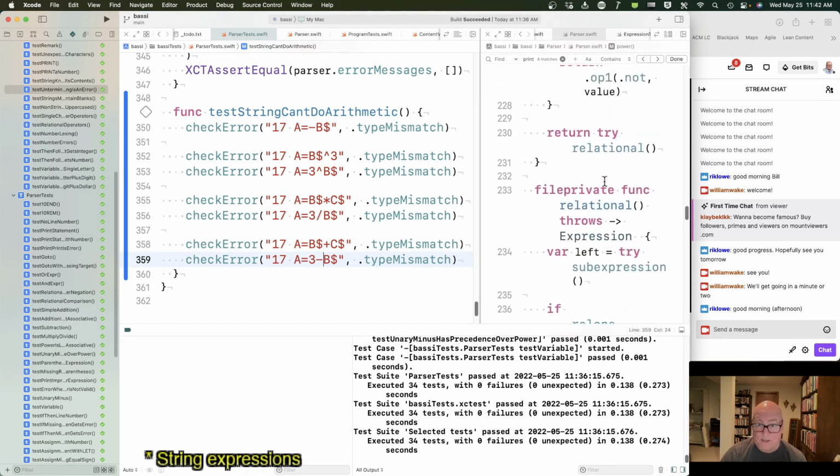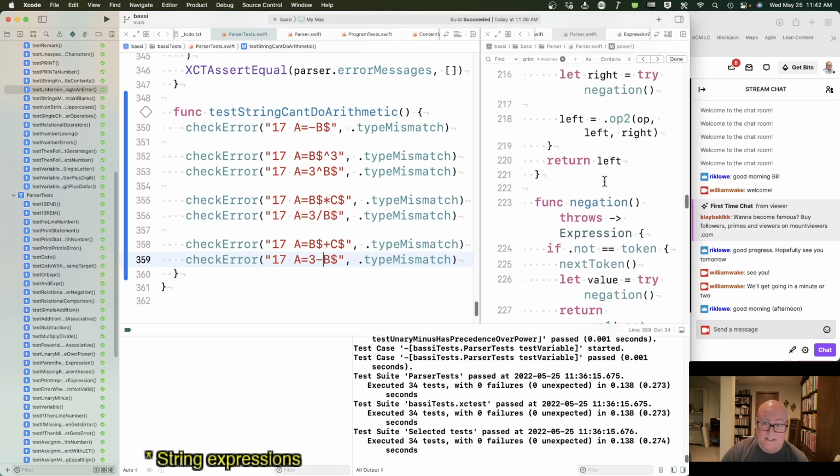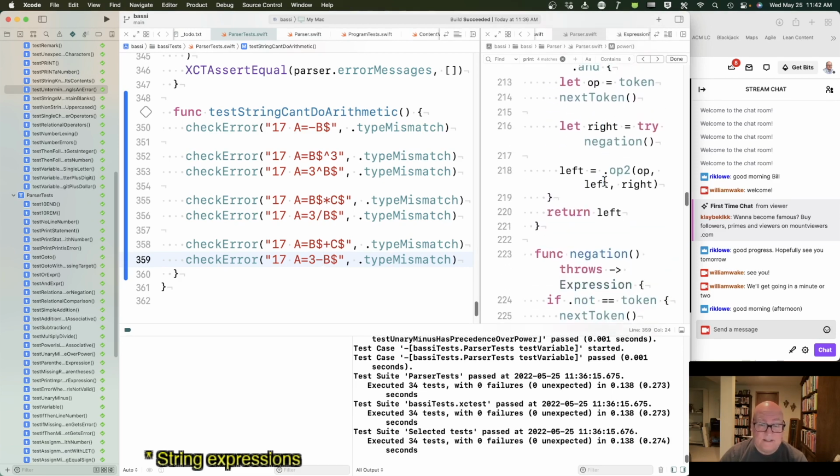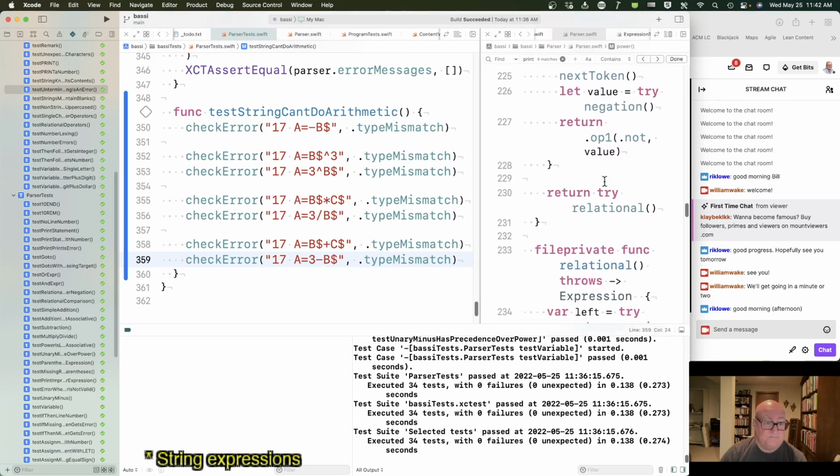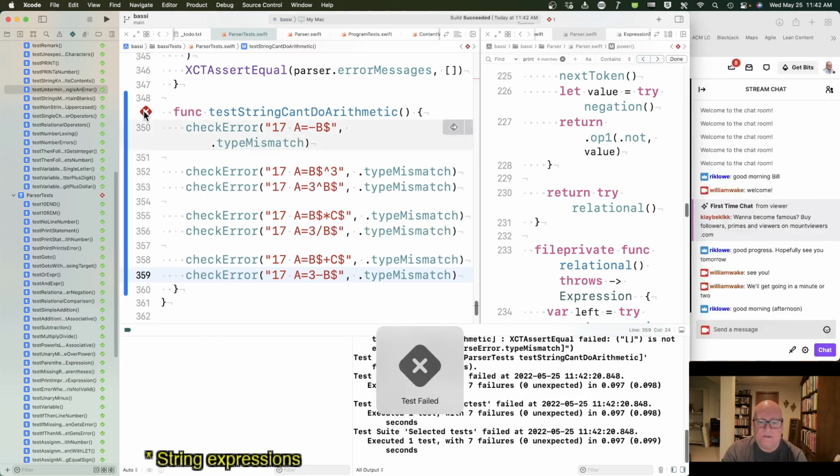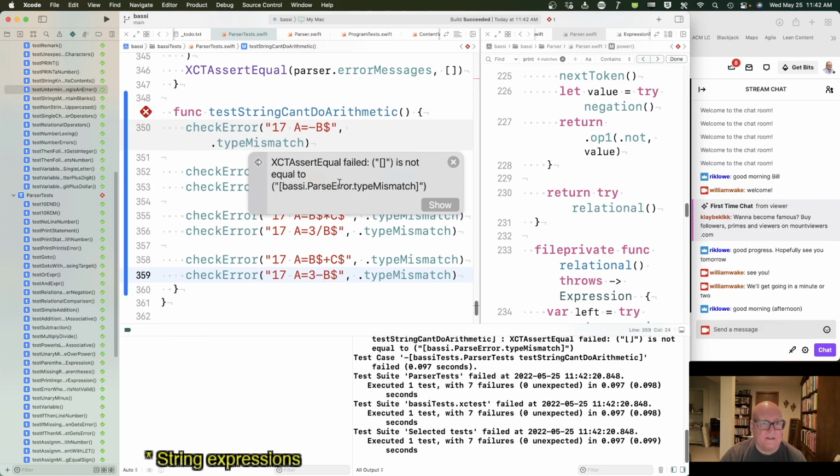Now, relational operators are allowed, okay, and logical operators are allowed. Okay, so these should be type mismatch errors. Excuse me. All right, and nothing enforces that. Okay, so